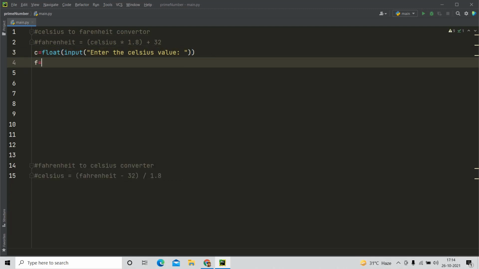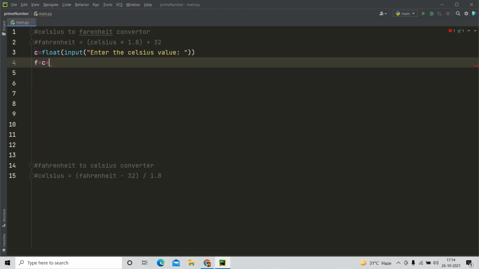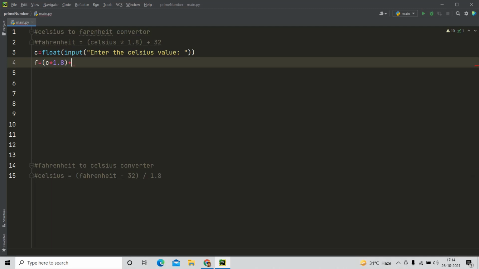So C is equal to the Celsius value we asked for, and we all know the formula. F is equal to C into 1.8, and it should be inside brackets as per the BODMAS rule. So I have written it like this and then plus 32.